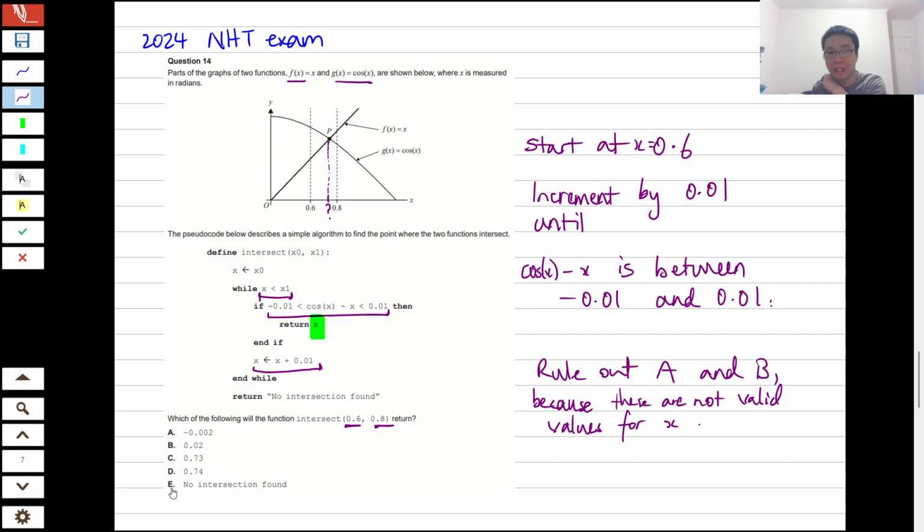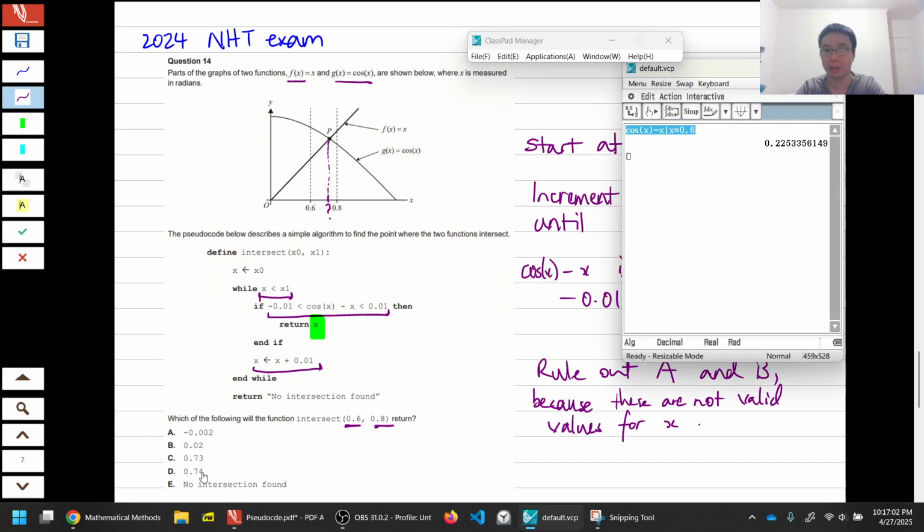Now, option E is something that we could consider. If we went too far too quickly, we might miss this window of tolerance between negative 0.01 and 0.01. So now we need to consider option C and option D. So let's consider